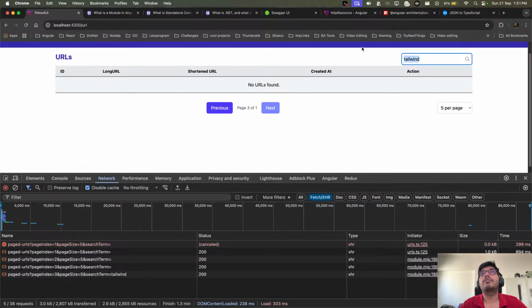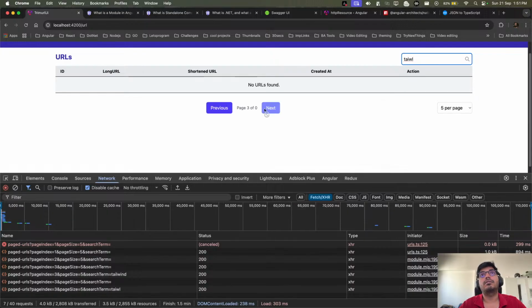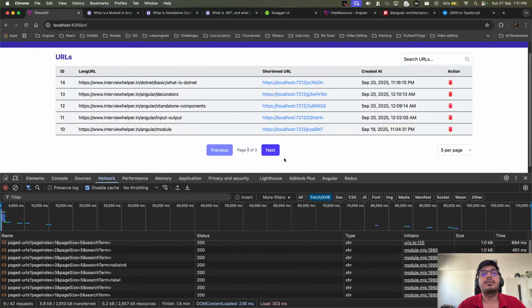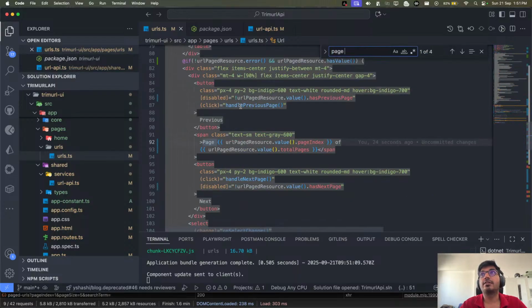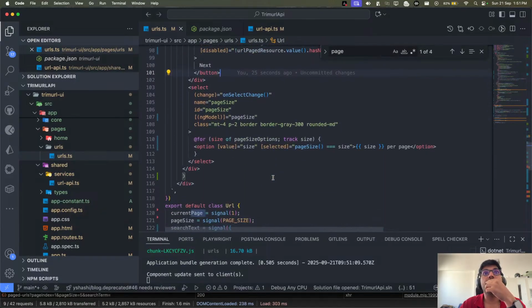And if I remove this, and now if I search about tailwind, okay, this is still not correct. Let me check how we are building this page number of. There will be a page of thing at the bottom of the pagination.